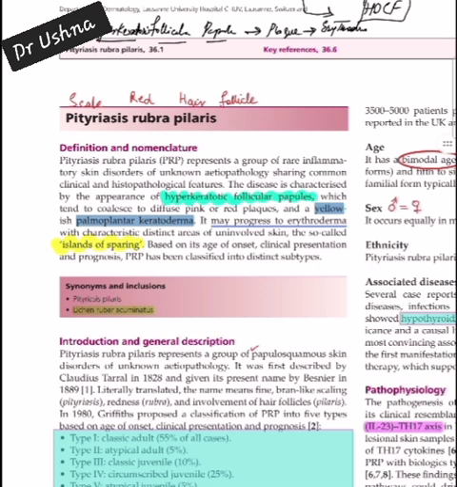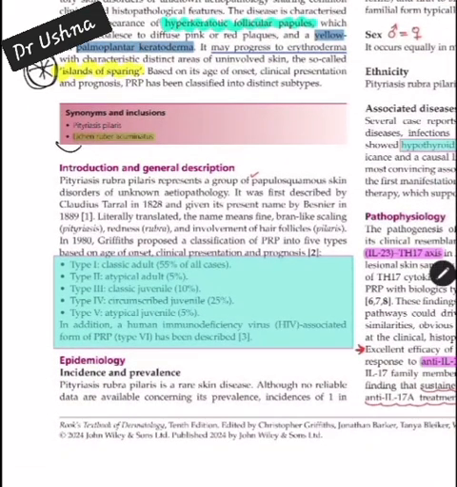When you see a patient of PRP, there is going to be a generalized redness or generalized eruption in the form of hyperkeratotic papule, but there is going to be island of sparing as well. And the patient presents with a yellowish or orange red palmoplantar keratoderma. These 2 points are very typical for your PRP or pityriasis rubra pilaris. The other name for the PRP is lichen ruber acuminatus. So lichen ruber acuminatus is also very important.